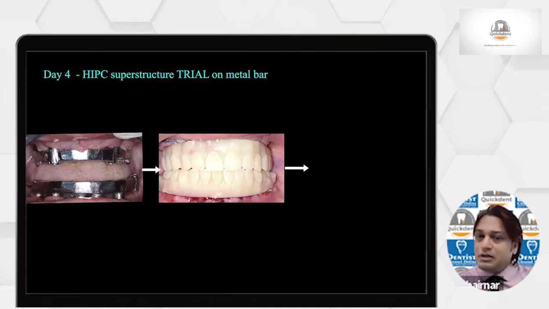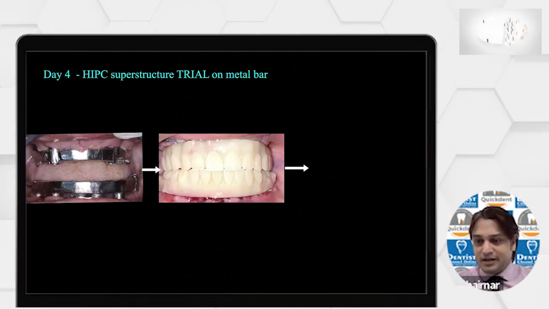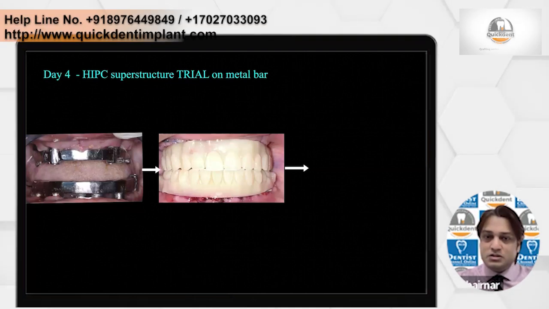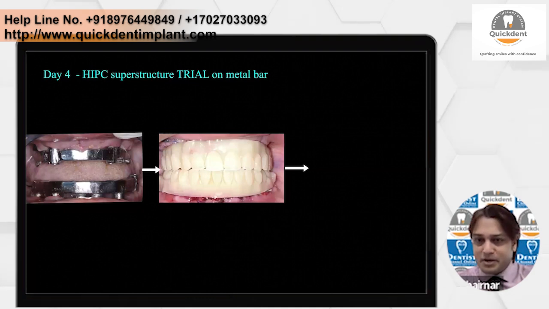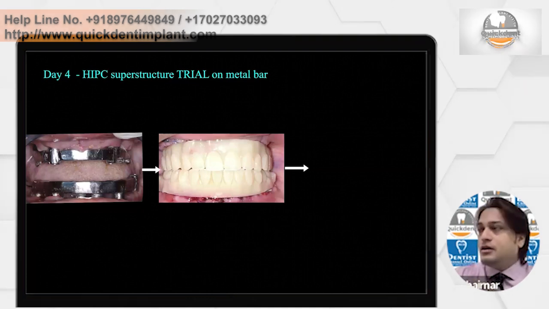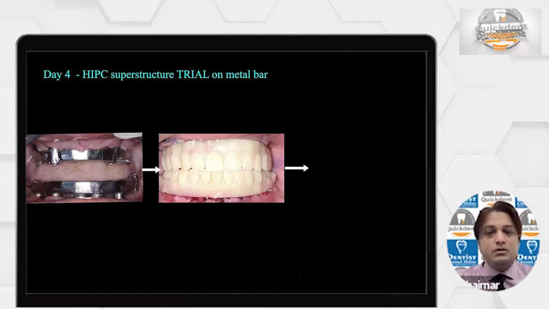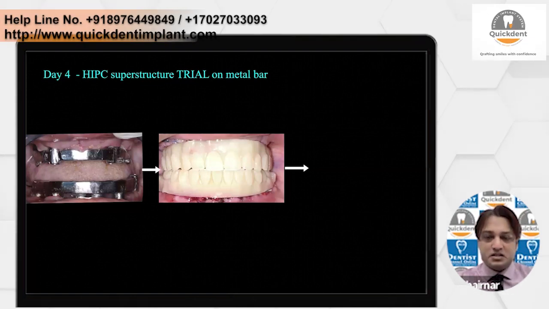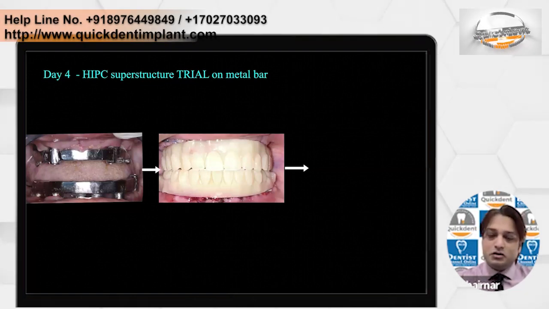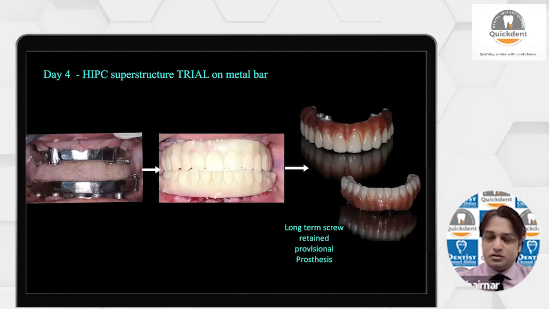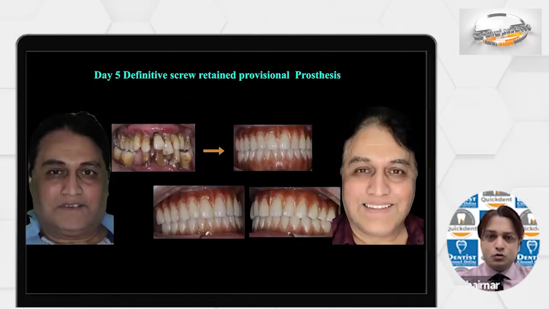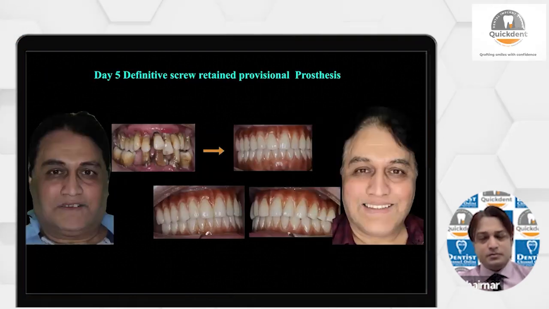Now this is different from metal porcelain. With metal porcelain, the procedure was different. I'm showing you something called hybrid. Why didn't I prefer to go for metal porcelain? Because the teeth will be very heavy, it will be loading the implants too much. So we went with a lighter version of teeth, and that's how we got the final result of the patient. Okay, so everything is screw retained. This is the before and after of the patient.